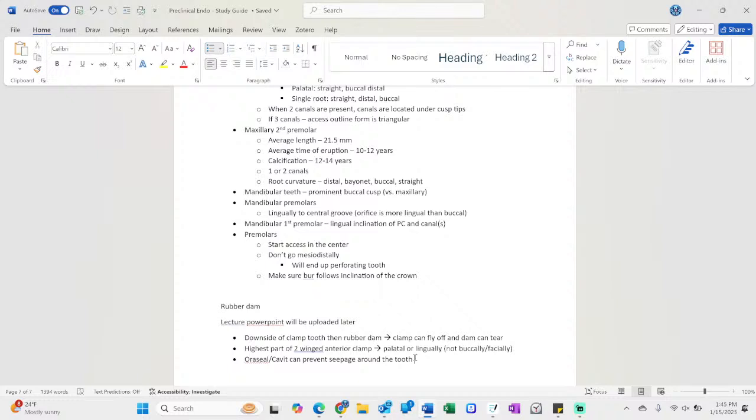You can start accessing any tooth maybe without a rubber dam, it's fine. Well, if you're asking me personally, it's not fine, but it's acceptable. But once you start using instruments like the Endo Explorer to find out where the orifice is, or files, you should have your dam on. Okay? Do you have any questions? And we're going to show you the best way to punch holes and